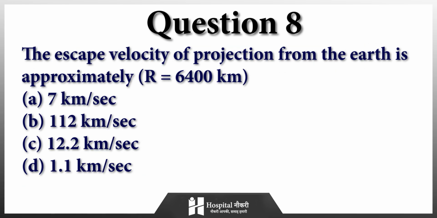Next question is, the escape velocity of projection from the Earth is approximately, where r is equal to 64,000 किलोमीटर, तो escape velocity क्या होगी projection की? 7 किलोमीटर पर सेकेंड, 11.2 किलोमीटर पर सेकेंड, 12.2 किलोमीटर पर सेकेंड और 1.1 किलोमीटर पर सेकेंड। द करेक्ट ऑप्शन इज 12.2 किलोमीटर पर सेकेंड।